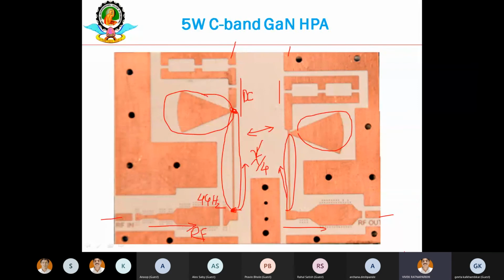I hope that will really help when you take up your actual LNA or high power amplifier. If you understand all these things properly, then it is very easy to pick up any journal paper and try to implement it using ADS or AWR, which is another design environment. And one reference immediately comes to my mind: you can refer to the ADS cookbook. They have given very good examples for all these different passive and active components. Power amplifier is also there.